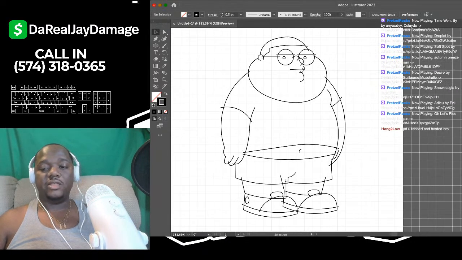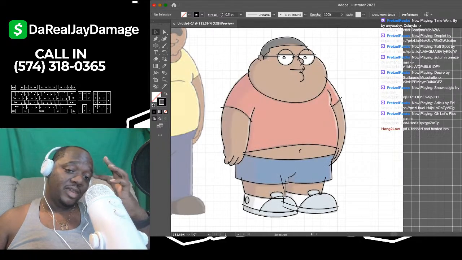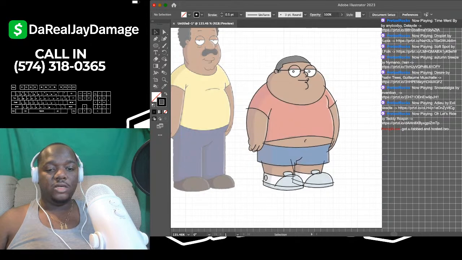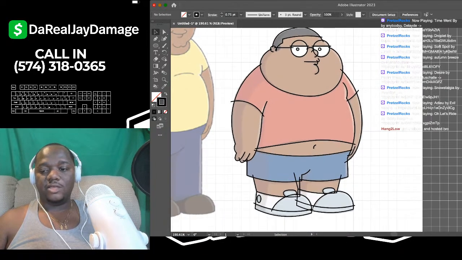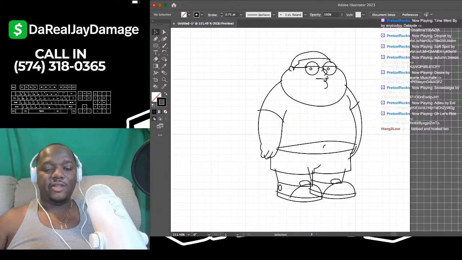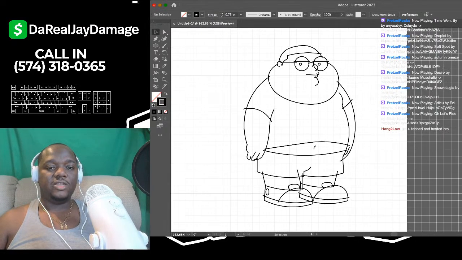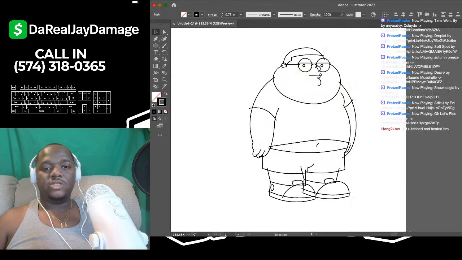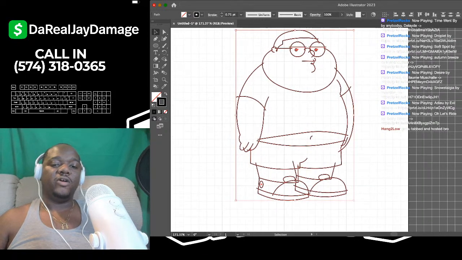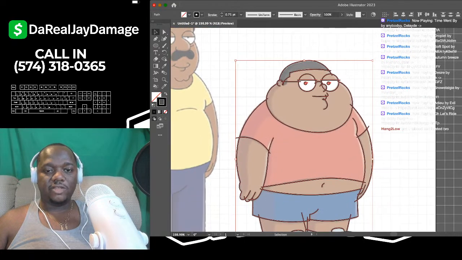Now, once you get your character into position where you can actually see what it looks like, then that's when you start making adjustments to your lines. Now, the thing about Family Guy, this is the main reason why I feel like they make it on Illustrator, is because if you notice, almost everything is the same size. I honestly feel like the original designers who created Family Guy intended to be a little bit minimal. They weren't making super adjustments. They kind of just tried to stay in their realm. So once you have all of your line work on point, let me make sure I'm not forgetting any details. I think everything is good.